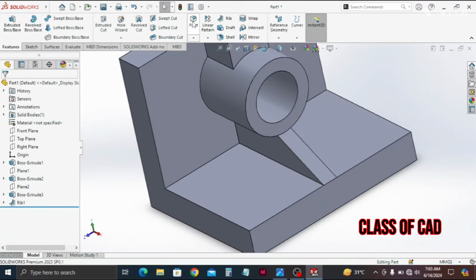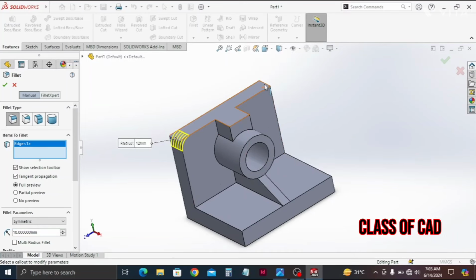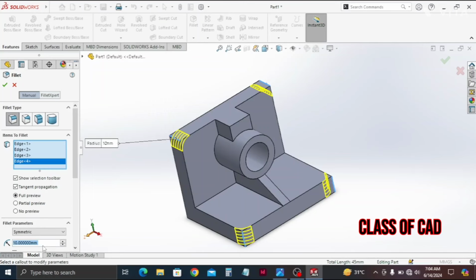After that click on the fillet tool, click on this edge, also click on this edge. All the 4 edges are selected here, and enter 15 value. Okay,